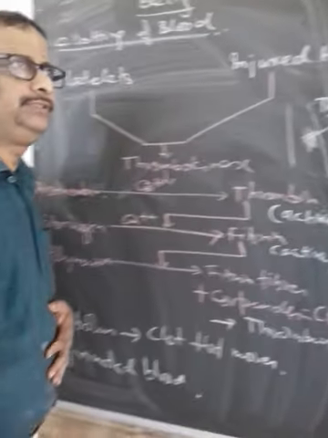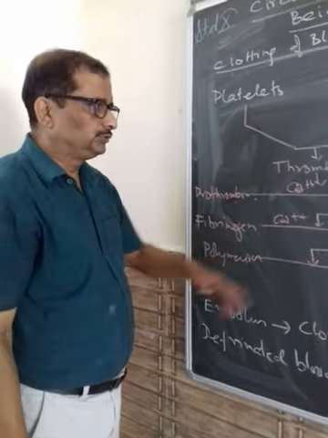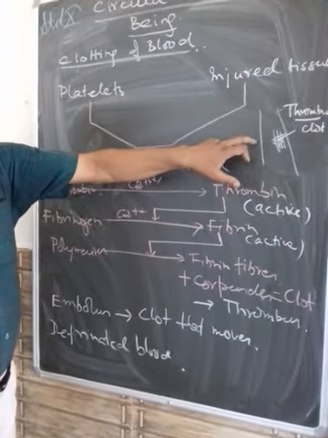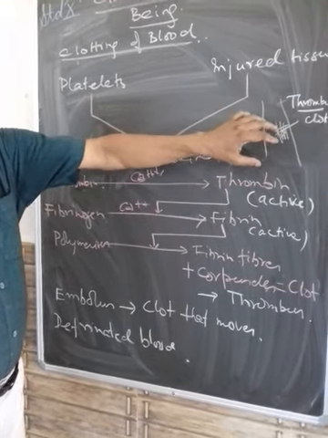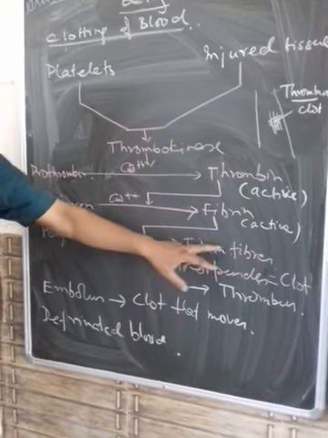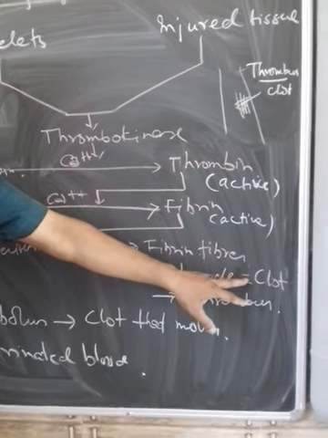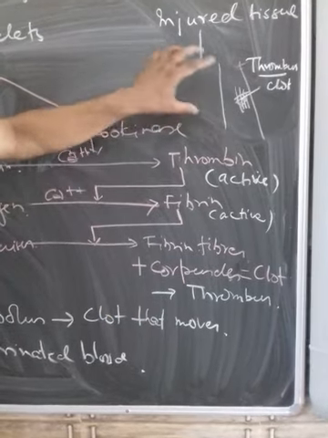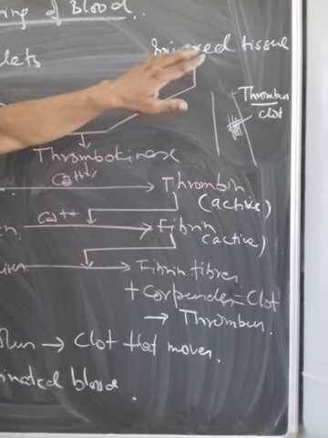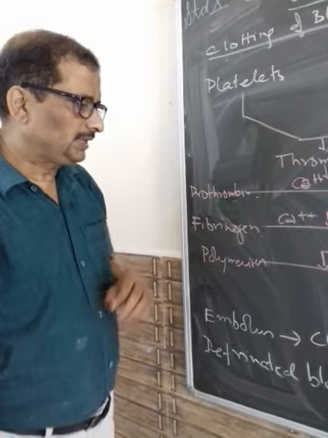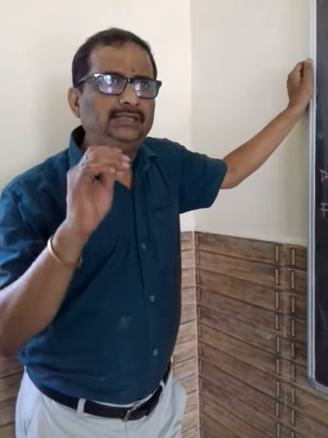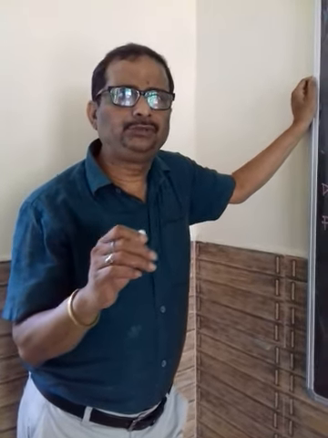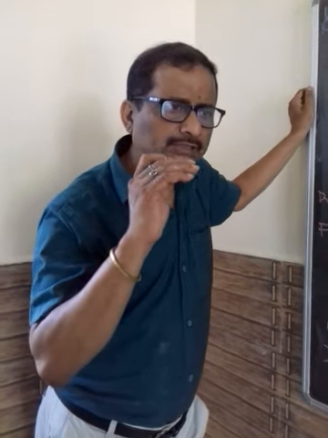So thrombus is a clot which doesn't move. The thrombus forms here and the blood cells are unable to move out of it. So fibrin fibers crossing the corpuscles form a thrombus, or the clot. This clot on the wound does not allow the blood to flow out. So the platelet is a very important component in the blood.